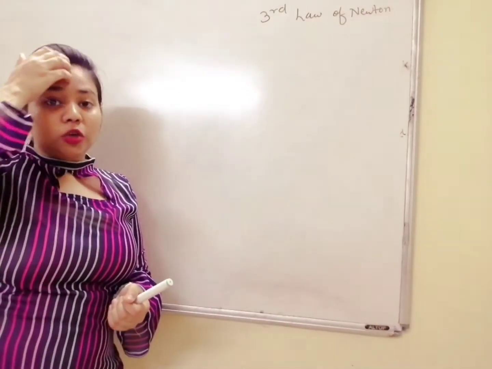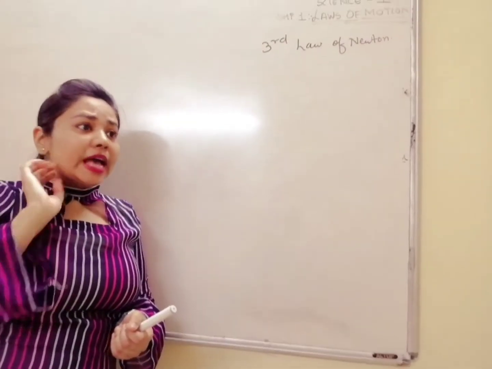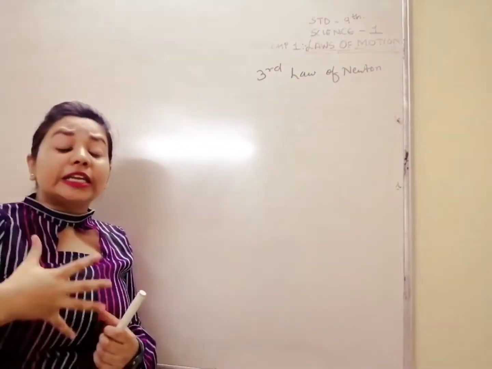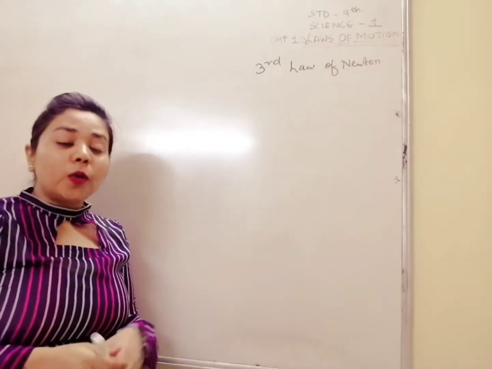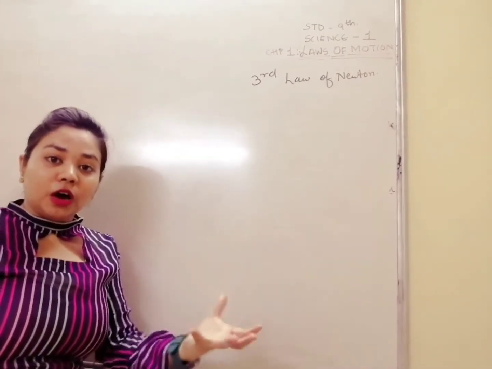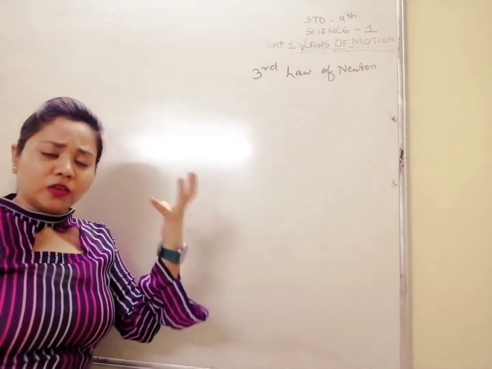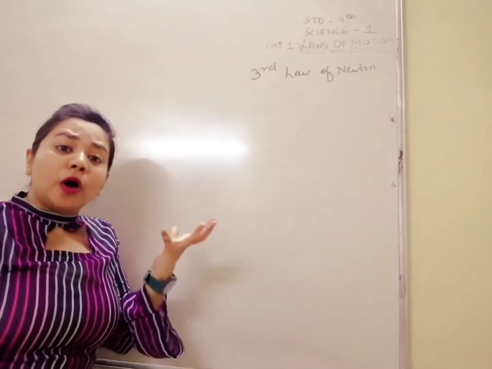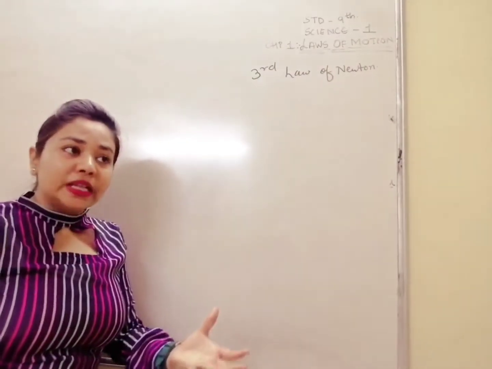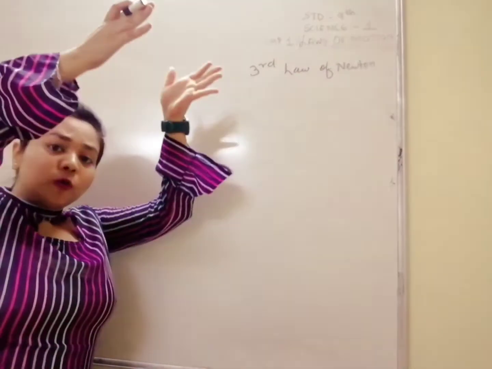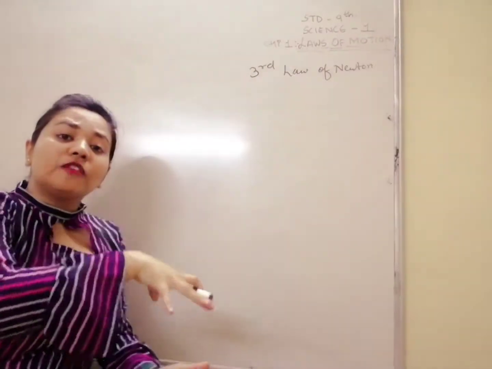A rocket launcher. What happens when a rocket launches? ऐसे तो चुटकी में rocket launch होगा नहीं. It takes lots of energy. So what happens when the rocket leaves the earth's surface? It takes a tremendous amount of energy. So what happens कि rocket जितना तेजी से वो ऊपर जाएगा उतना ही force it will give on the earth.